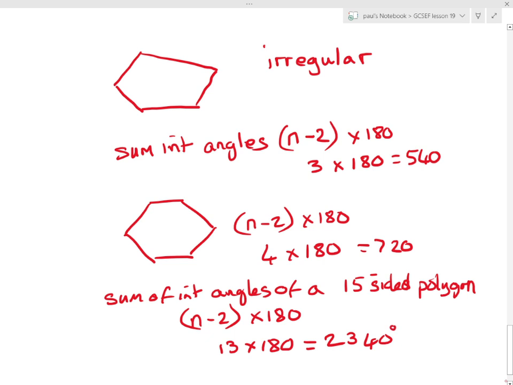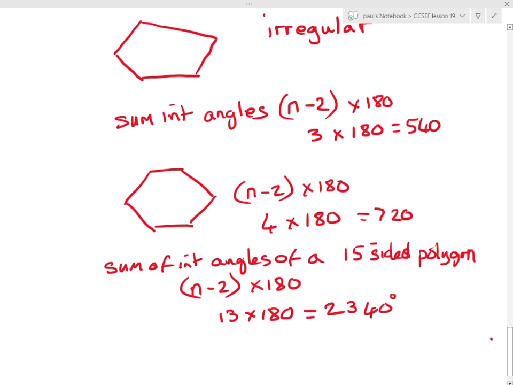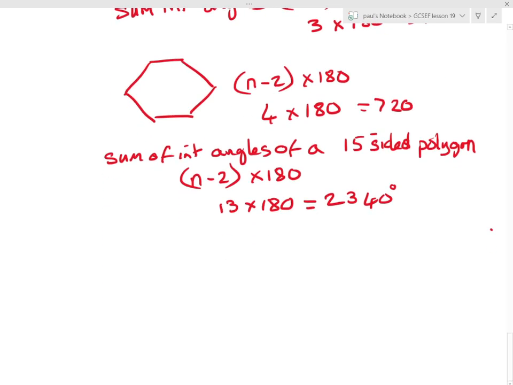2340 degrees. So you can do that for any many-sided shape. Now, why is this working? Why is this working? So let's go back to the six-sided shape. So we know the answer is 720. So why is this n minus 2? How does that work? So if I go back to the six-sided shape there,